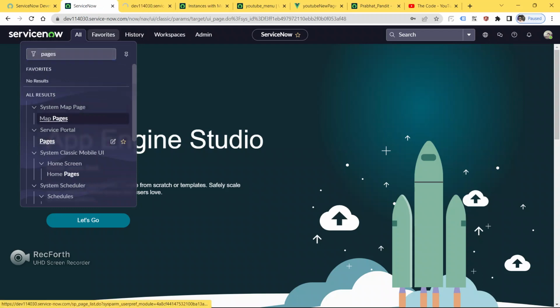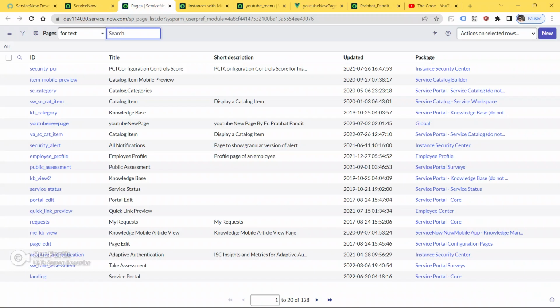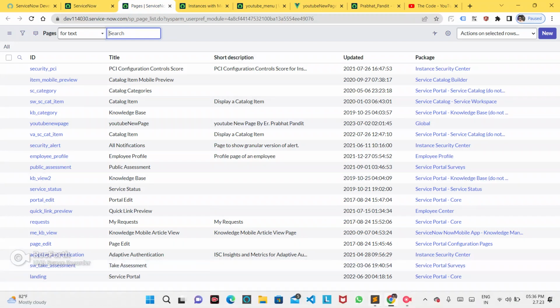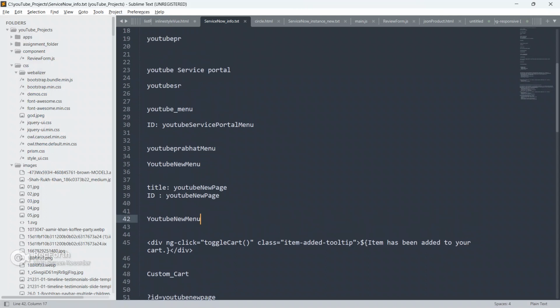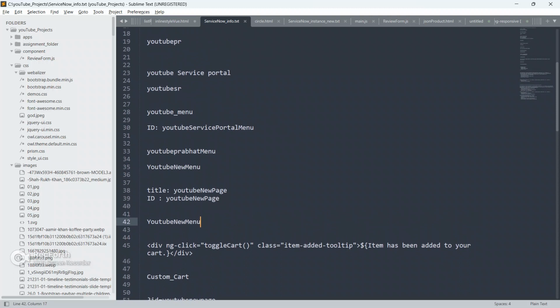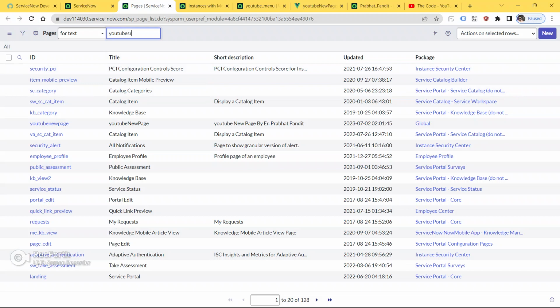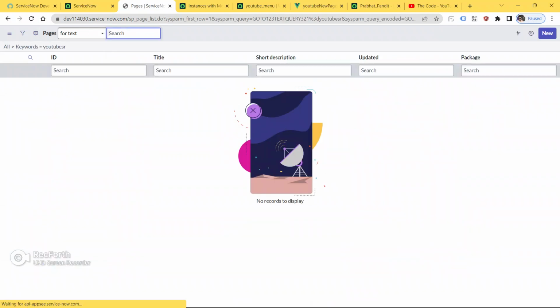Search the pages now. Inside the service portal, click Pages, and we will look for our page. Our page name is, guys, copy this and search here. Click now.